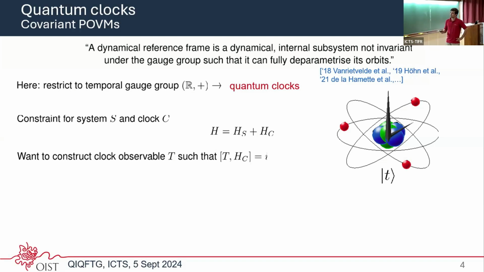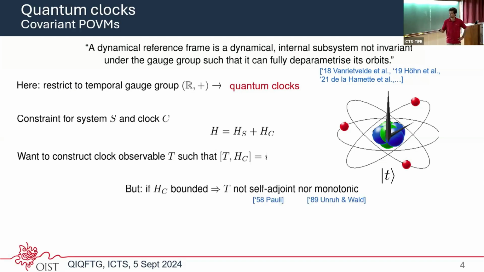So let us generally look at this constraint here. Our constraint is of the form H_S plus H_C. H_S can be very general: it can be a quantum mechanical system, a system of spins, or just particles on a line. But in our talk, we will be mainly focused on the case when H_S is the Hamiltonian for some type 3 algebra, but it can be much more general as well. Given this H_S and H_C, the goal is to construct a time observable T, which is conjugate to our clock Hamiltonian, such that we can then describe the system in the evolution of some internal time set by the clock.